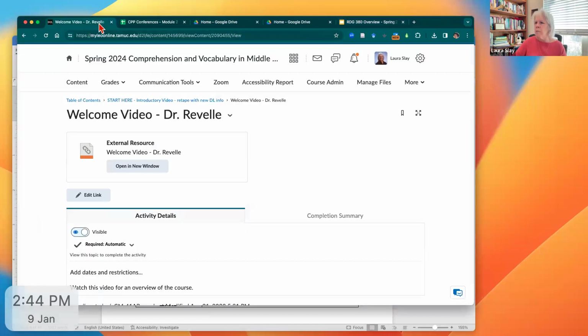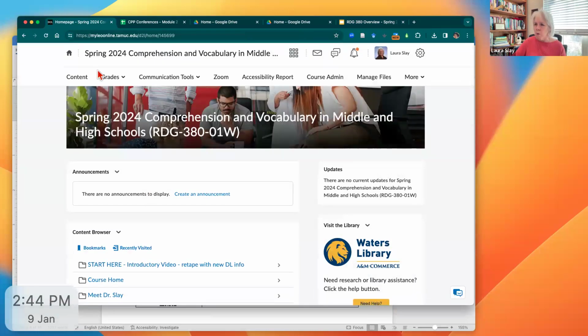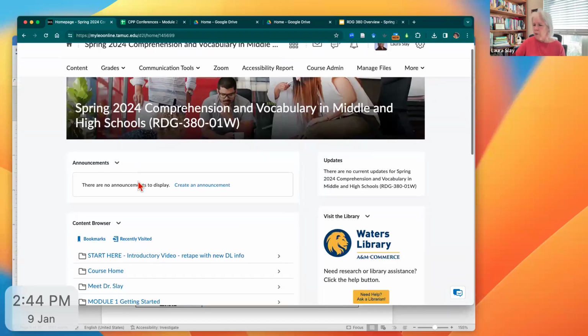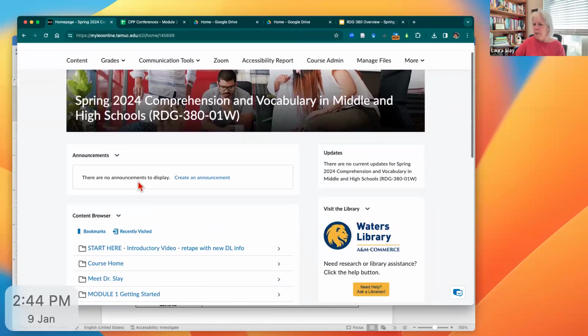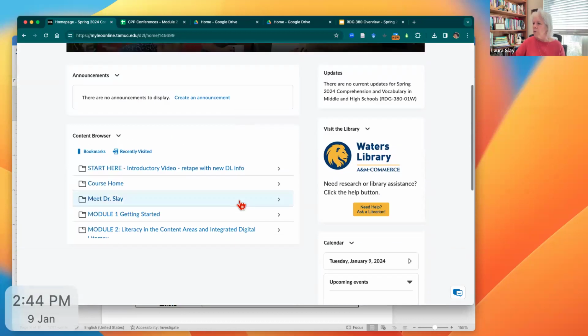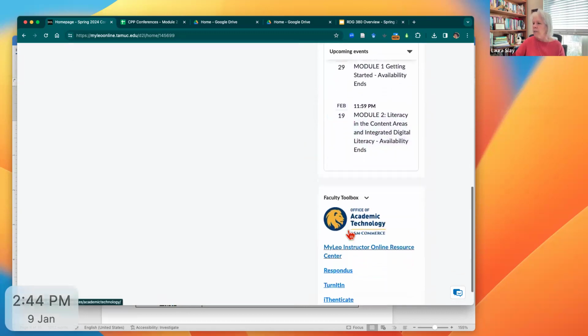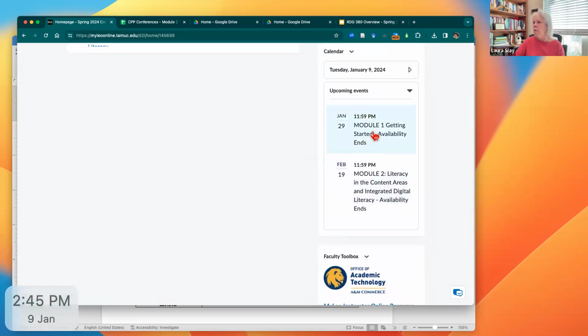And so let me go. Oh, here it is. All right, here's our course. When you go into our course, Spring 2024, Comprehension and Vocabulary in the middle and high school grades, you will see the best way to navigate this course. You'll see all sorts of different deadlines and such that I will be posting here. Module 1 opened on